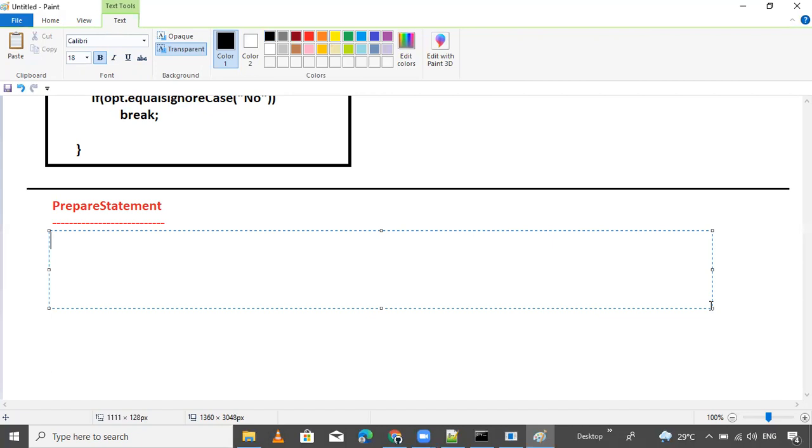Statement is also an interface. The first point is the introduction to PreparedStatement, and where it exists. PreparedStatement is an interface of the java.sql package.